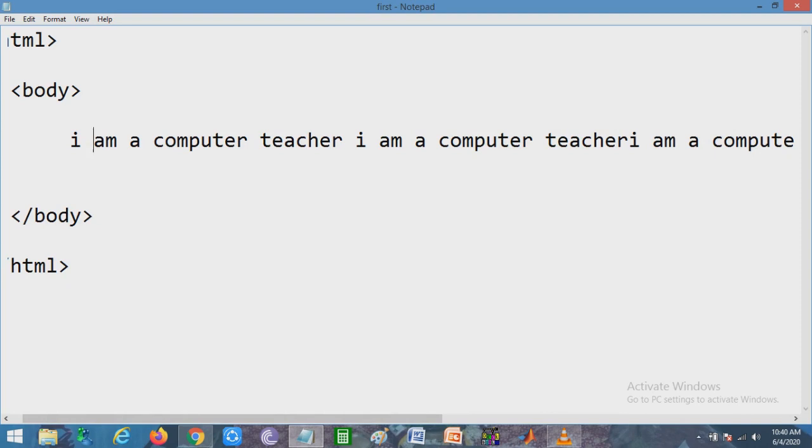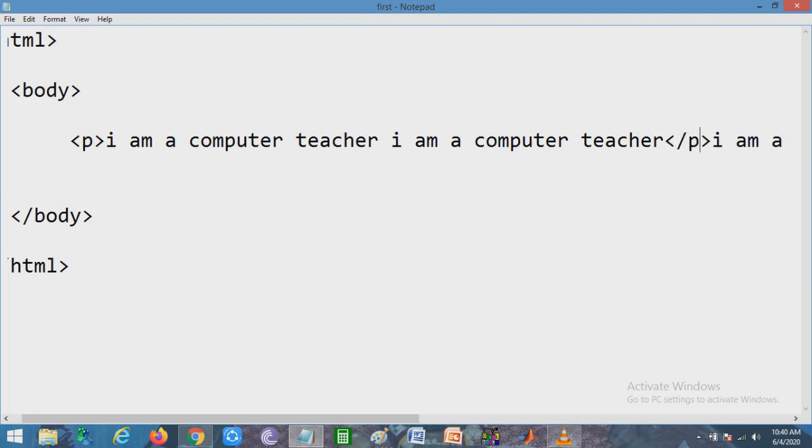So I have pasted the sentence I am a computer teacher many times. Now mention the paragraph. P means paragraph, we know. So I want to make all the sentences into 2 paragraphs. So mention where you want to make it. Okay, p, and again after it I want to make another p.